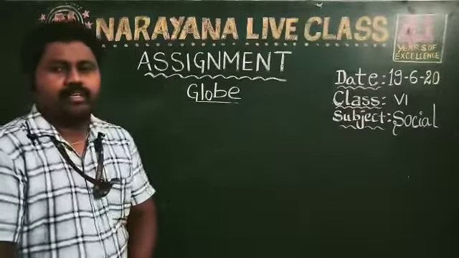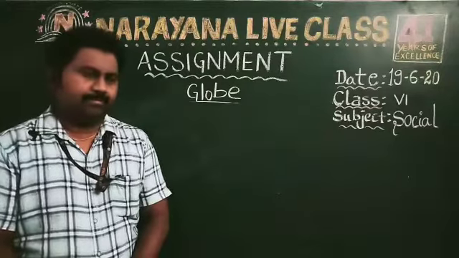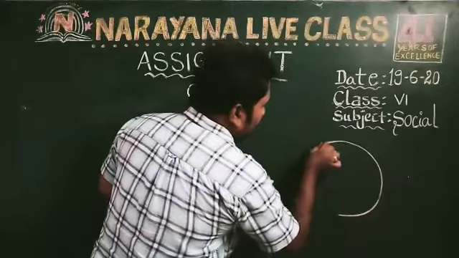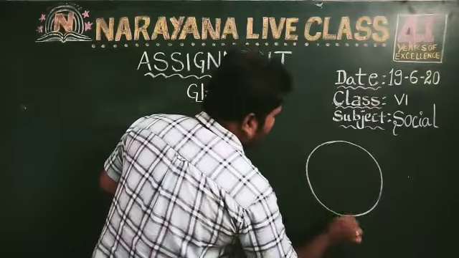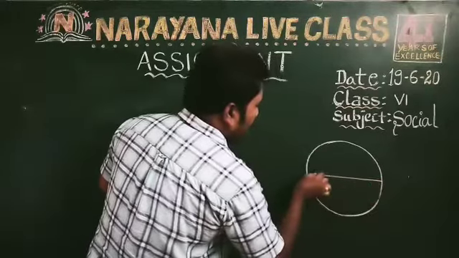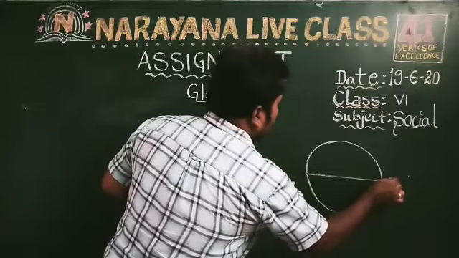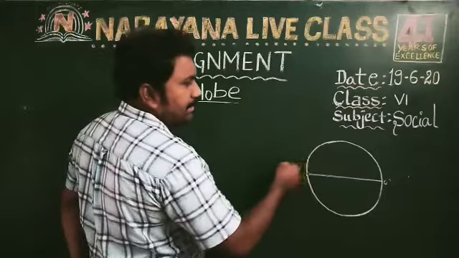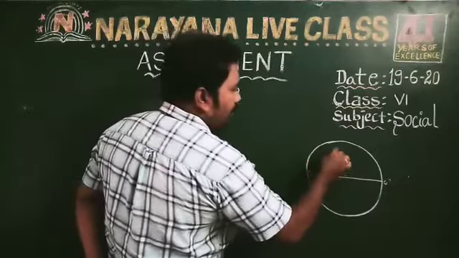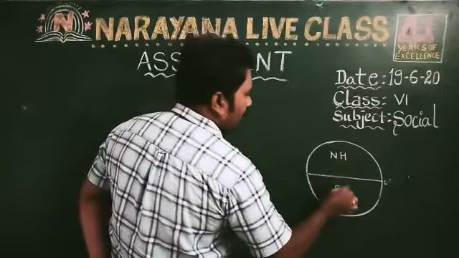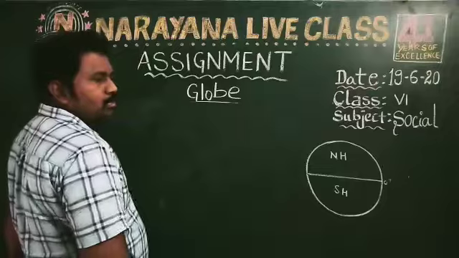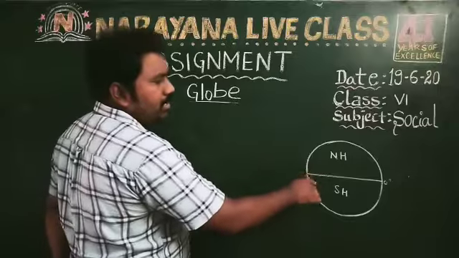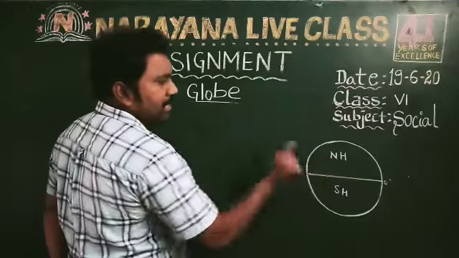Now the seventh question. What do you mean by the term equator? Just now I explained the latitudes, the 5 major latitudes. One of the latitudes is what, children? So this is the equator. If you see here, a line which is dividing the Earth into two equal halves, the northern hemisphere and the southern hemisphere. So the equator means an imaginary line which divides the Earth into two equal halves, northern hemisphere and southern hemisphere.